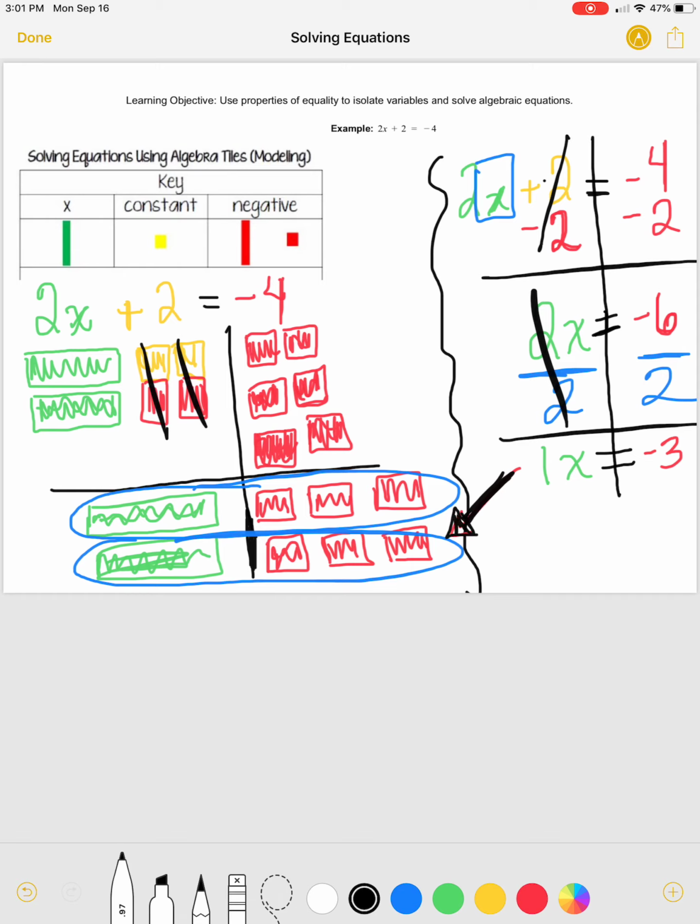Okay, so my job was to use properties of equality to isolate variables and solve algebraic equations. So let's see if I actually solved this. By checking this, I'm going to see if the value of x that I found is going to make my statement true. So let's see. Okay, so in order to do that, I'm going to check my equation. So the equation says 2, but instead of putting x here, I'm going to replace it with what I found, which was my answer,